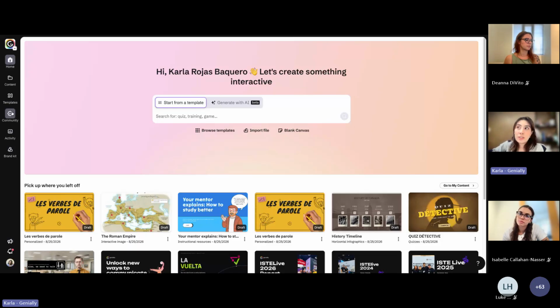There's different ways to start Genially. You can start from a blank canvas. If you have maybe a PowerPoint or you have a Google Slides that you want to work with, you can also import the file from a different tool. And then you can also start with a template of something that we have already designed for you. So let's say you want to do a presentation and you are in the university level.